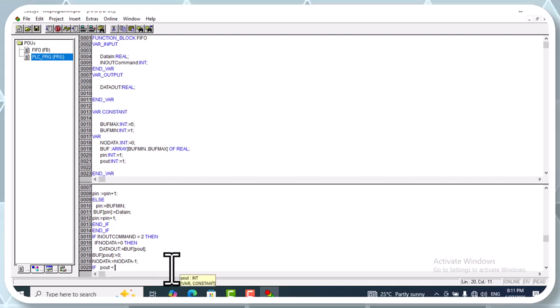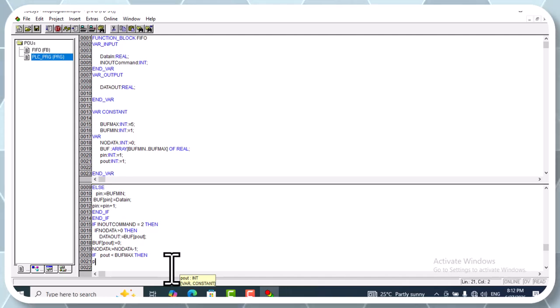P out is less than buff max, and then we increase the P out is equal to P out plus 1, and else